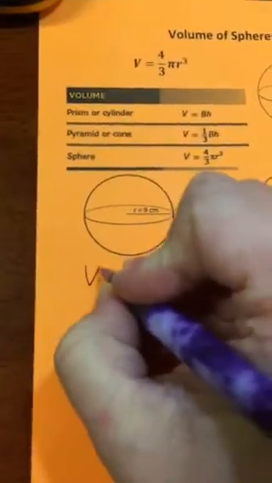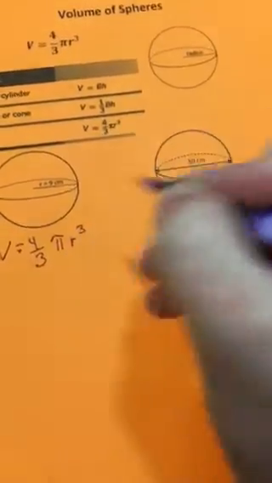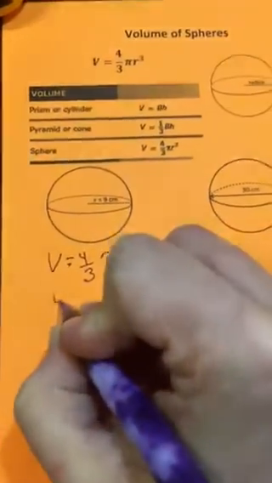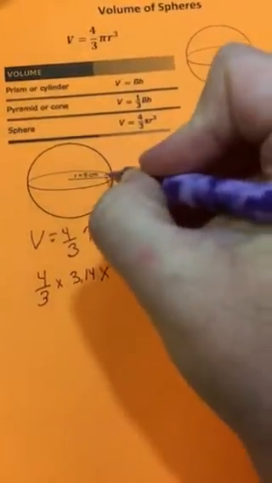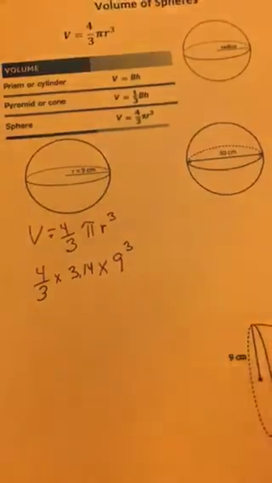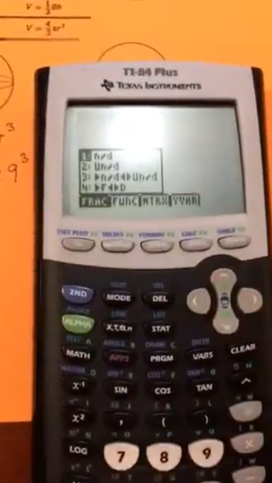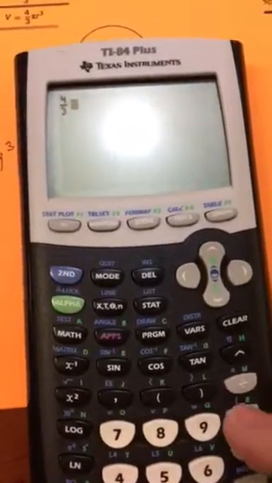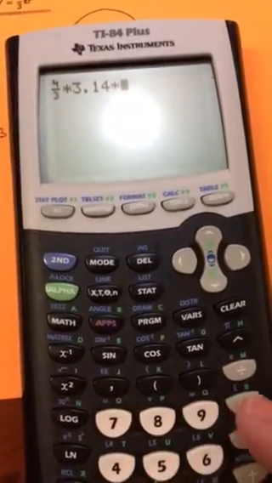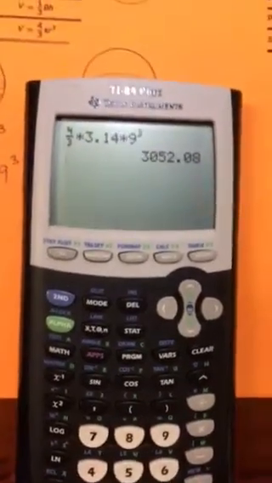So volume is 4/3 pi r cubed, and we're just going to plug our numbers in. We keep the 4/3. We're going to change pi to 3.14. Our radius is 9, and it gets cubed. And then we're going to put all of that into our calculator. So that's alpha y equal, enter, and we put in our fraction, times 3.14 times 9, and we cube it, and we get